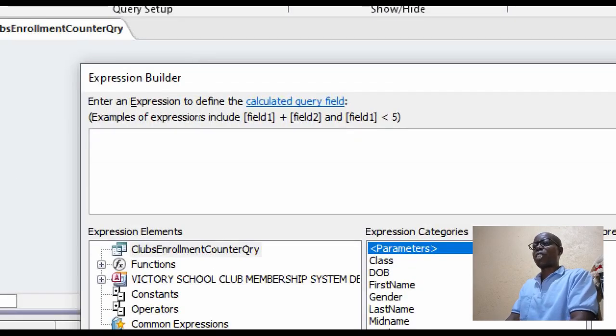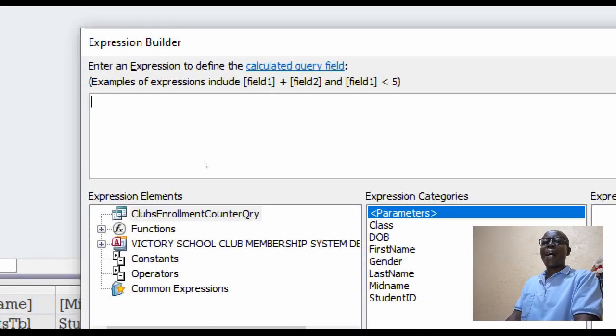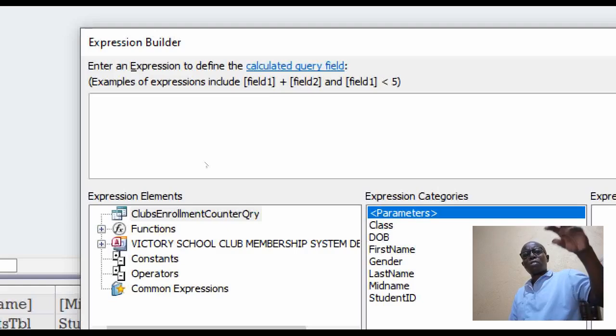Then in the expression builder, what will help us to do the counting? Yes, somebody said count function. I heard you. Count function? Not exactly, because a count function cannot attach a condition.